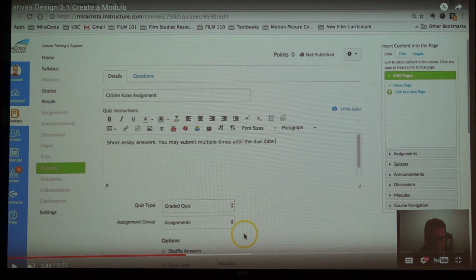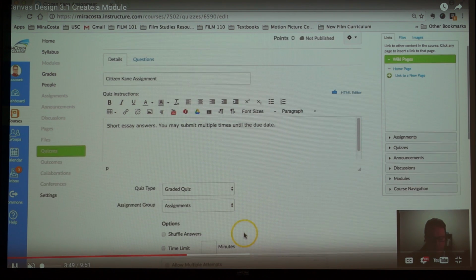Yeah, so on assignment group here. I left it under assignments, but if you click there, it's a drop down, and you can select add a new assignment group. And so for me, I have